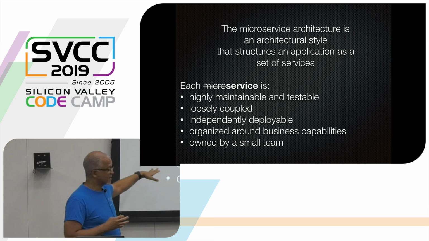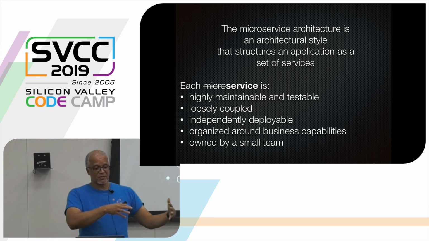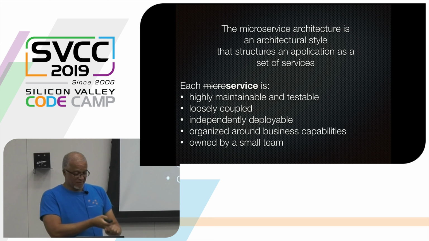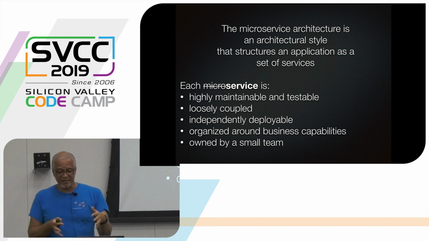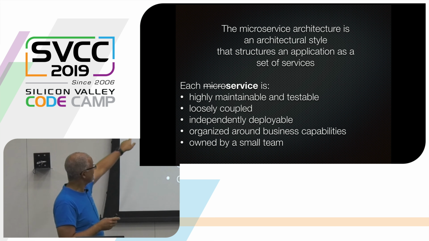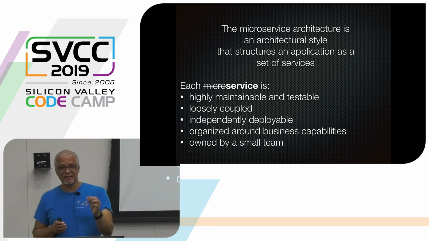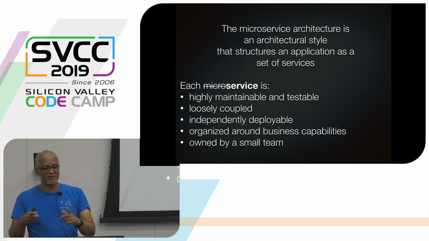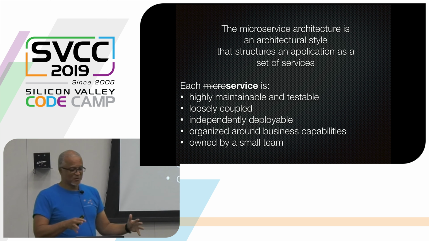And then the last part, which is extremely important, is it's owned by a small team. So going back to the original notion of having an organizational structure made up of loosely coupled small teams, you need services that are small enough that they can be owned by a small team. Now, interestingly, you can see that I struck through the phrase micro. I really don't like that because that implies that a service should be tiny, like 100 lines of code, 1,000 lines of code, 2 weeks worth of work. Those are all kind of stupid metrics that are best ignored, right?